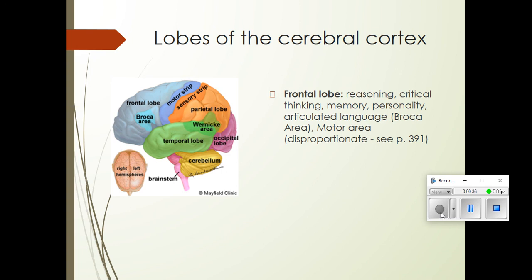There's this bluish section, and everything in the blue section is part of the frontal lobe. So the frontal lobe is made up of all that kind of light blue, plus the motor strip and the Broca area. The frontal lobe of the brain, in general, is in charge of reasoning, critical thinking, memory, personality, and very specifically, articulated language. The Broca area, the one that's this brighter blue color, it's responsible for making words come